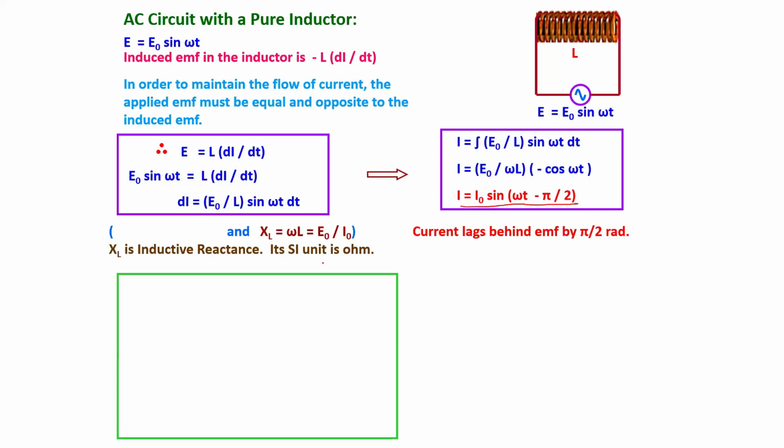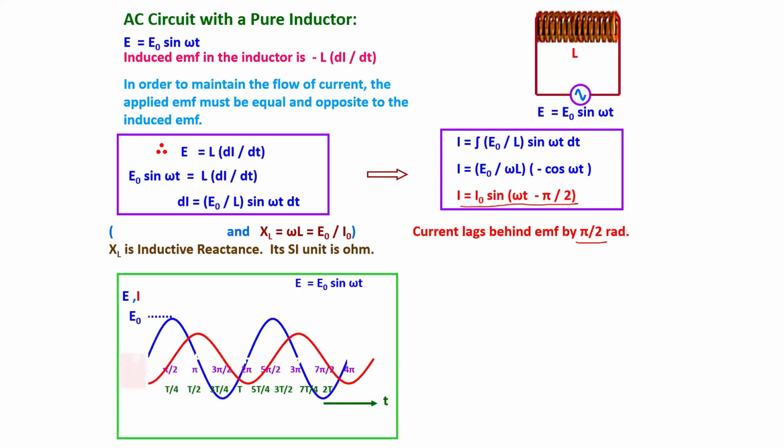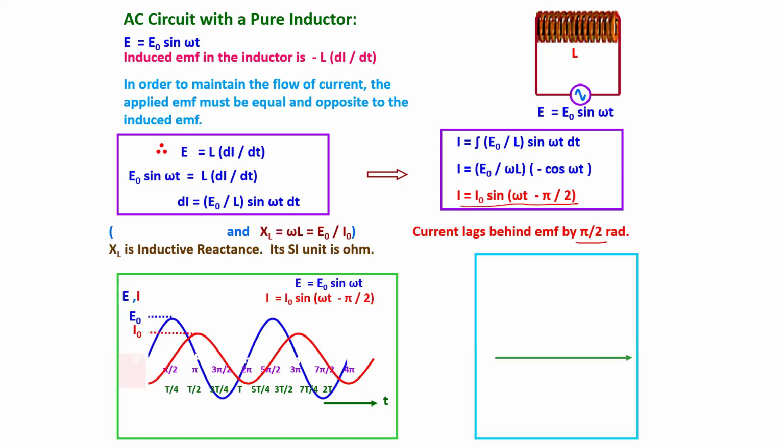So here we can say the current lags behind the EMF by pi over 2 radians. And here whenever we are having the inductor in a circuit, we have to make sure whether we included the inductance or the inductive reactance. So here XL is used to represent the